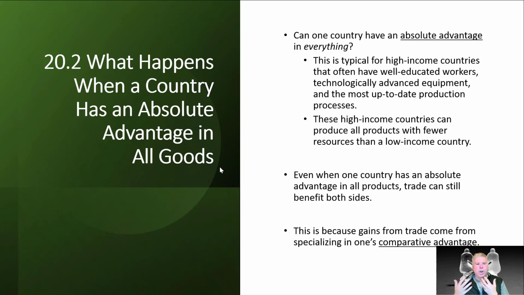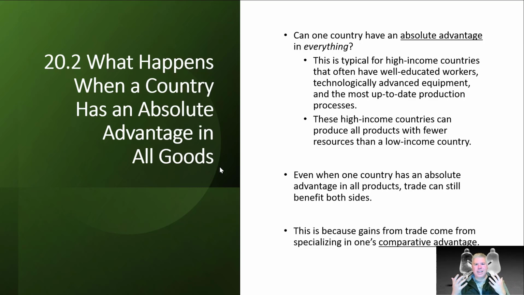So what happens when a country has an absolute advantage in all goods? There's an argument to be made that this never happens, but there are situations where countries have an absolute advantage in most goods. The United States is one of them, Canada is another, where we have significant natural resources as well as industrial resources and human resources to be able to produce pretty much anything that we need. And so the question is,